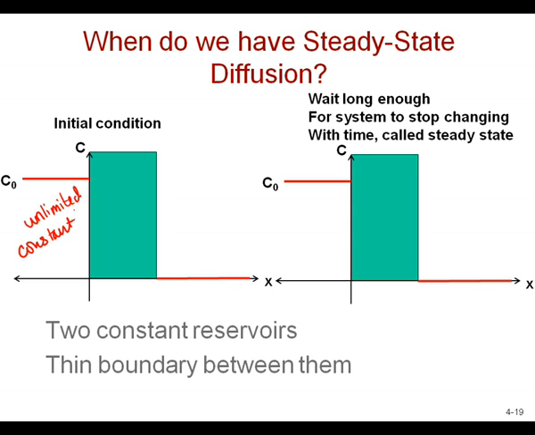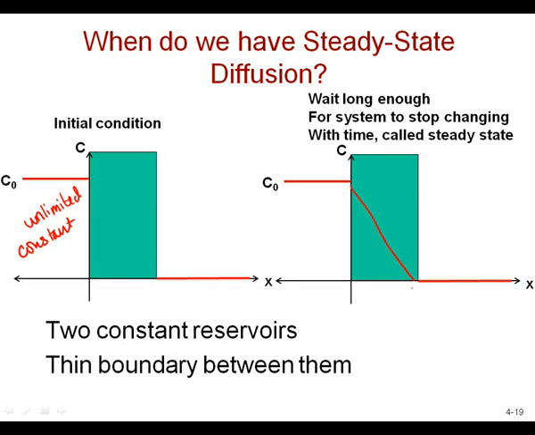And after a while, we'll get this steady state happening. So we have these two constant reservoirs with a constant concentration and usually a very thin boundary between, right? There has to be an in and an out. So when we talk about thinness, one of the examples that we'll talk about